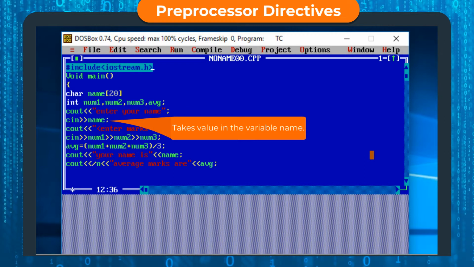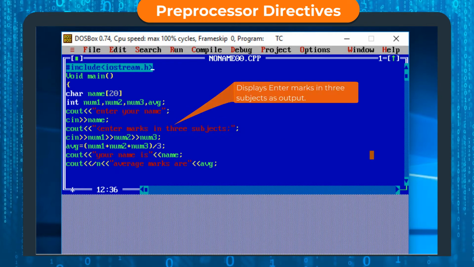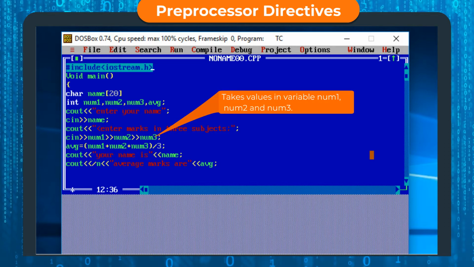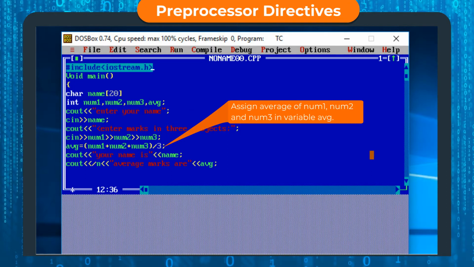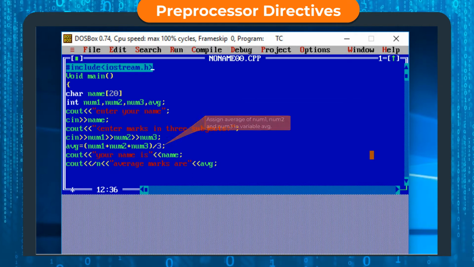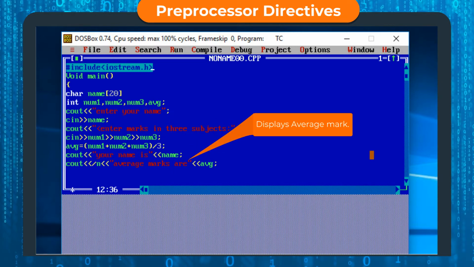Takes value in the variable name. Displays enter marks in 3 subjects as output. Takes values in variables num1, num2 and num3. Assigns average of num1, num2 and num3 in variable avg. Displays name. Displays average mark.